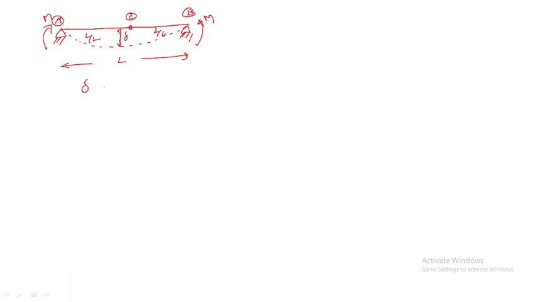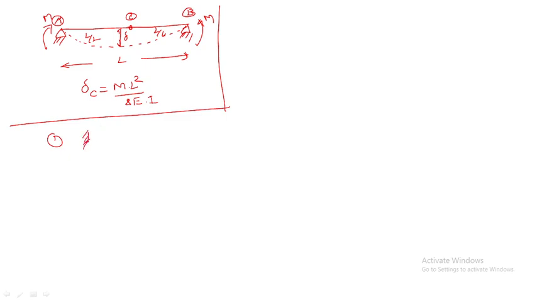So now this deflection we identify like this. So the deflection at C, what is the value? M L square by 8 EI. Okay, M L square by 8 EI, right? So let me discuss all the other standard values or slope deflection diagrams. I will draw very fast so that we can understand very easily.